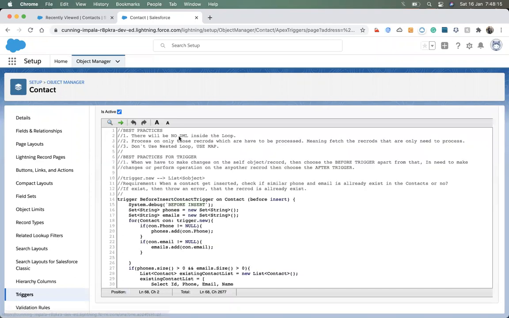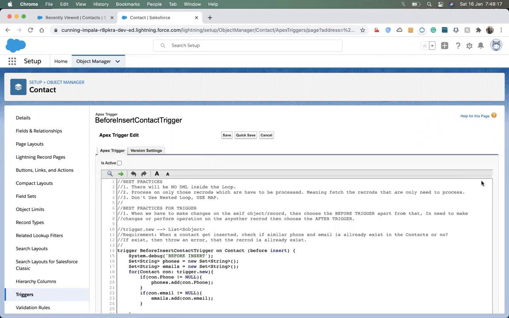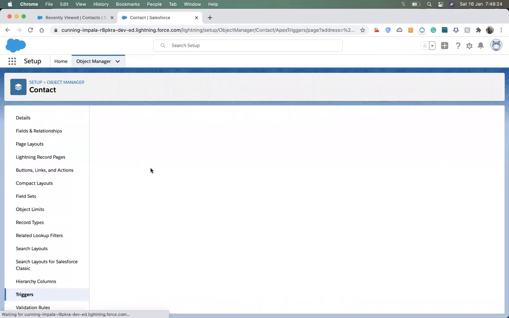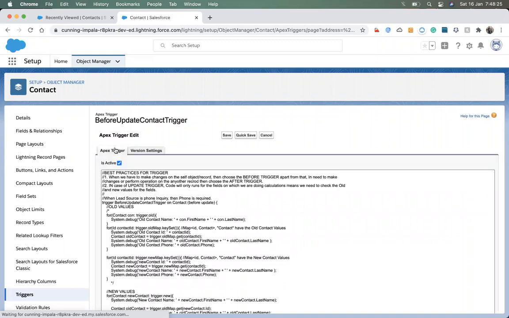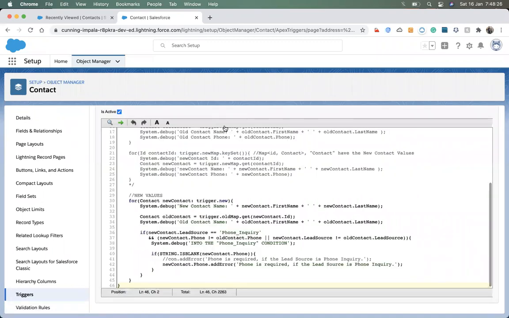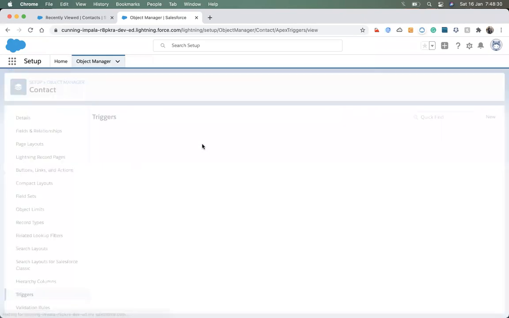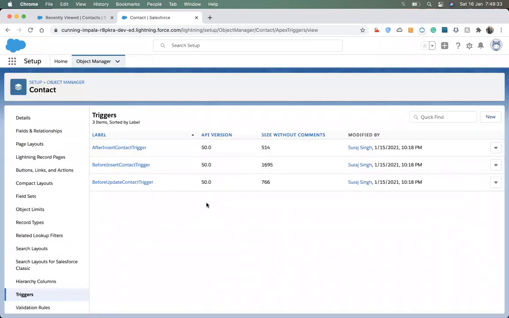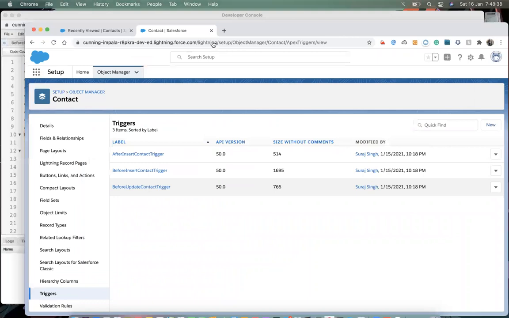I deactivate and save, and do the same for the others. Now all three triggers are deactivated. Now our job is to merge all these triggers into one, so let's create a single, fresh trigger.